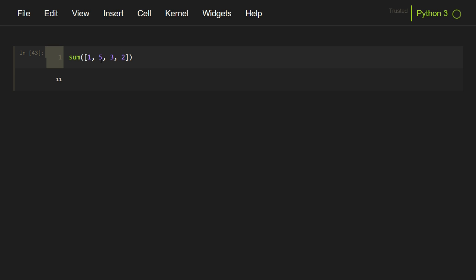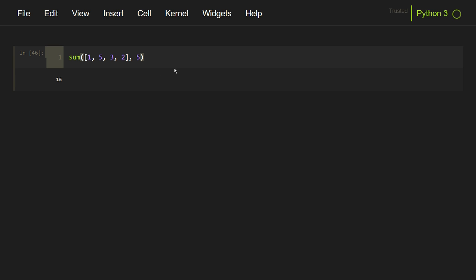Normally the elements of this iterable should be of numeric type. There is an optional parameter to this function which is the starting value of the sum, which by default is 0. Thus by default the sum result is initialized to 0 and then each element is added to this sum result. If we pass the start parameter, the sum result will be initialized to that value. So I will pass the second parameter as 5. In this case the sum result is initialized to 5, then 1 is added to it, then 5 is added to it, 3 is added to it, and the entire result is 16.